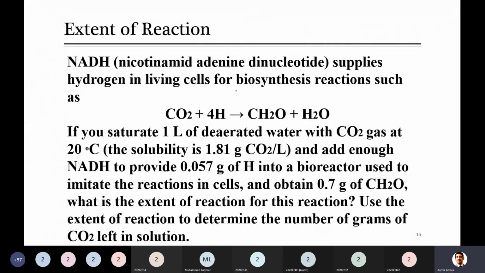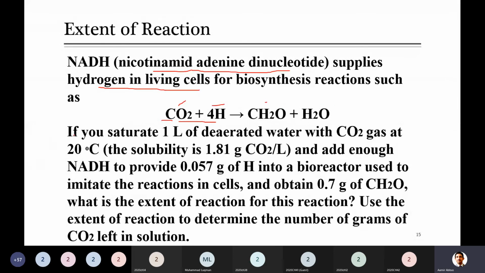Let's look at another problem related to this extent of reaction. NADH means some component which supplies hydrogen in the living cell. Its complete name is given here, some dinucleotide that supplies hydrogen in living cells for biosynthesis reactions such as this. The main hydrogen for this reaction is provided by NADH. You can consider that hydrogen is provided for the reaction with CO2, and as a result CH2O plus